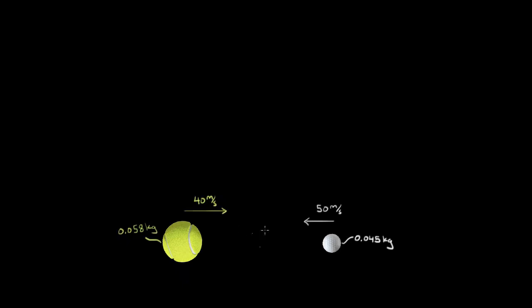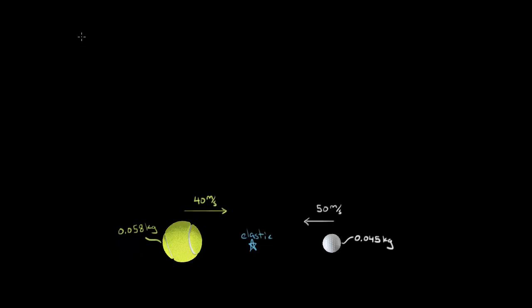Alright, here's pretty much the fastest way you can solve one of these elastic collision problems when you don't know two of the velocities. In this case, we don't know the final velocities. We know the initial velocity of the tennis ball and its mass. We know the initial velocity of the golf ball and its mass, but we don't know the final velocities of either ball. And the trick to make these calculations go faster for an elastic collision is to use this equation,